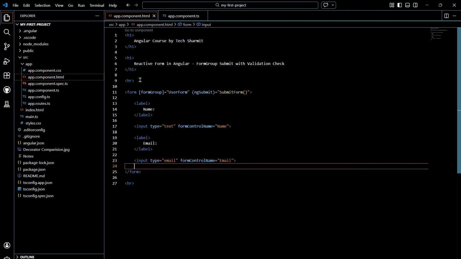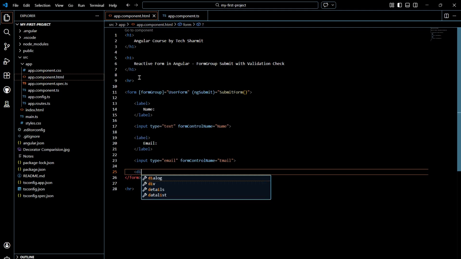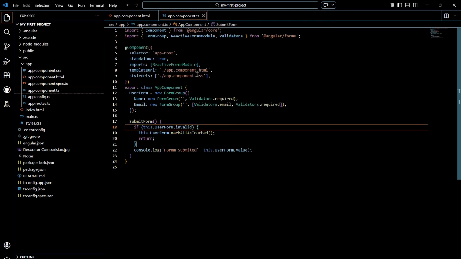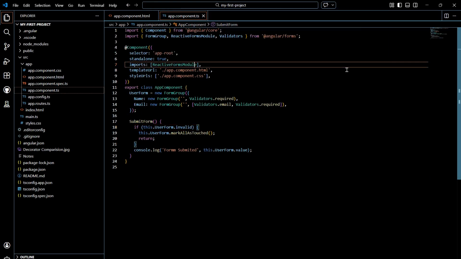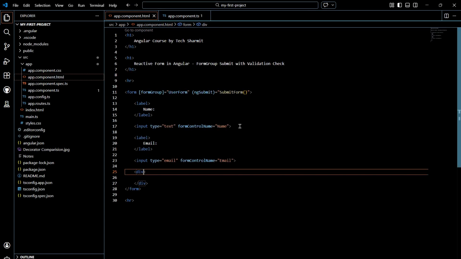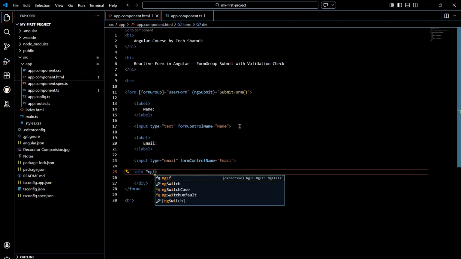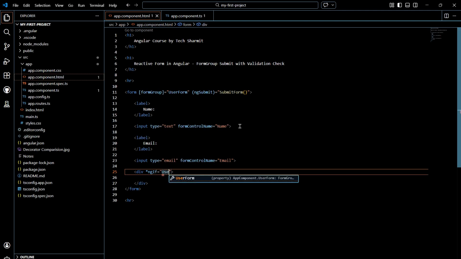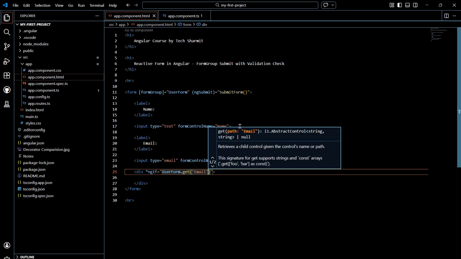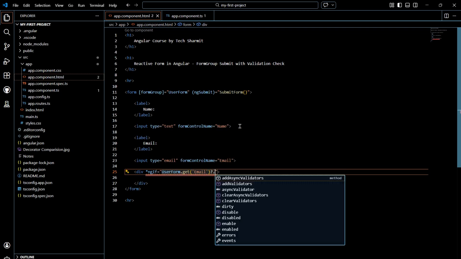Now it's time to set the validation message, because we know that there might be some scenarios where we are going to show some message. So for that, let's go to app.component.ts again, and after this reactive form module we will put a comma where I will mention ngIf. Okay, now in the div, you can mention ngIf userForm.get, and here we will check for the email, email, then question mark after the parenthesis .invalid